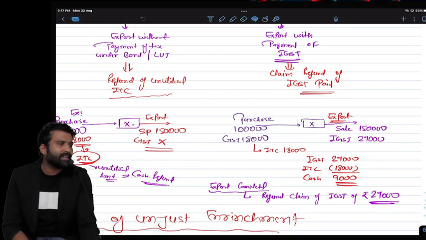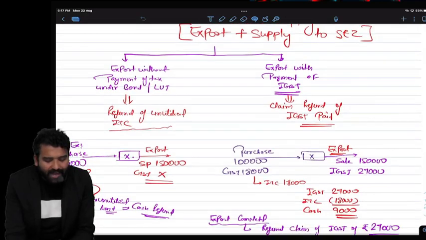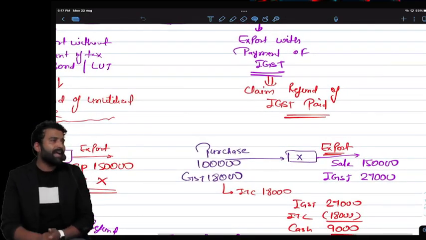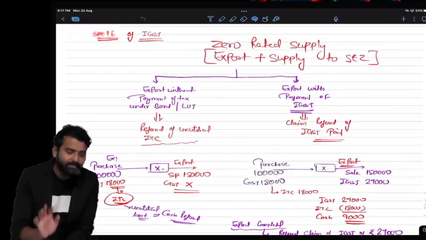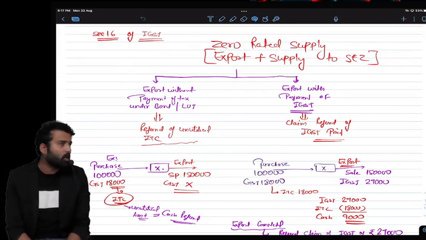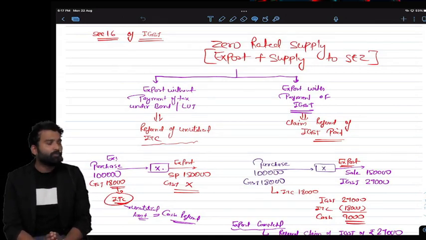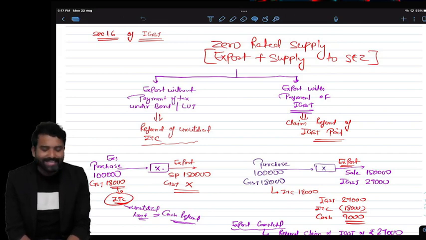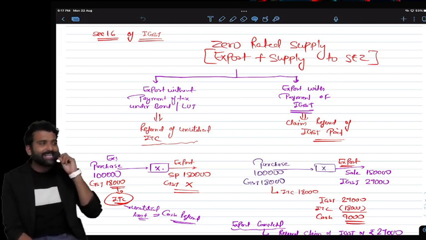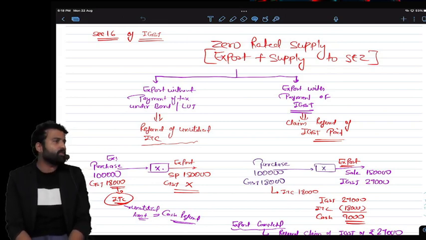Either I can go for the unutilized ITC balance and claim a refund of that, or in the second option I can pay IGST. Okay, I will repeat once again, because there are a lot of students who were not in the session in the beginning. They joined late, so I am repeating. We are discussing GST refund, and for GST refund, first we have to understand